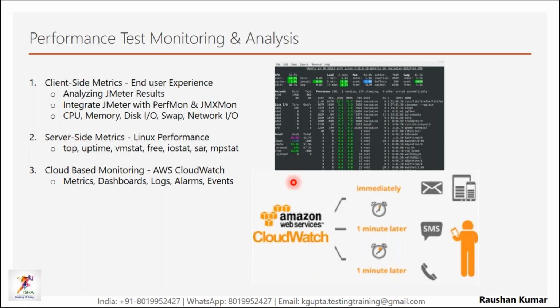And for your application, we have tools like JVisualVM and JMC, Java Mission Control. All are free tools. We'll be talking mostly about the free tools here, because once you deploy your application in the cloud, you get CloudWatch. Most companies would not go with commercial tools, but depending on their application, they may go for commercial tools as well. We would be covering JVisualVM and JMC at the Java process level.